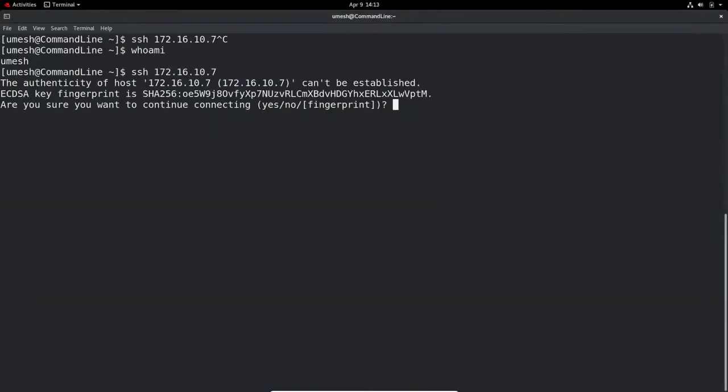So when we did SSH and the server IP address, it is asking, do you trust this server? So it is giving us a fingerprint of the server's public key. This is the fingerprint for the server's public key, which we can verify. Let's do no here. And if we go to the server and use sudo ssh-keygen